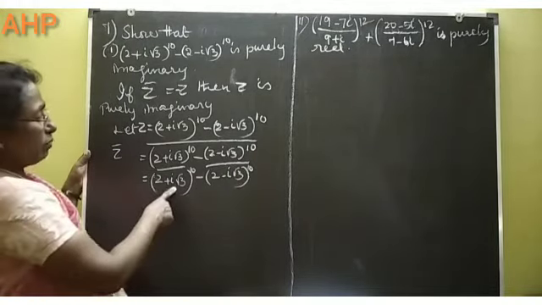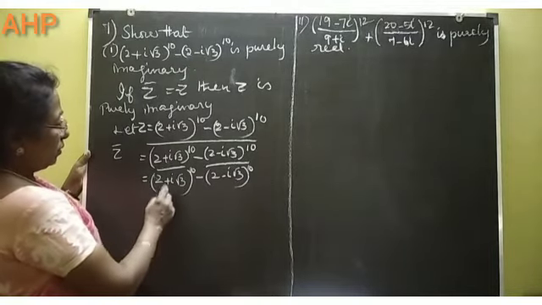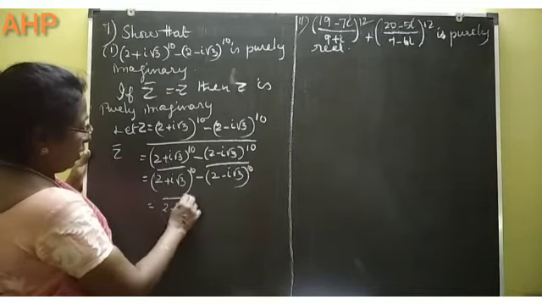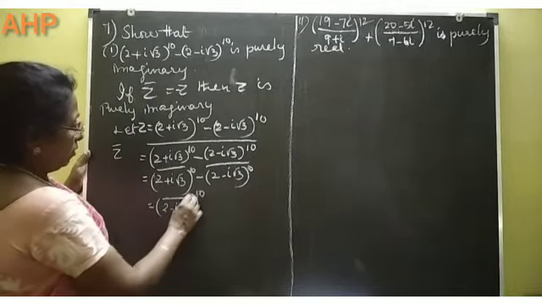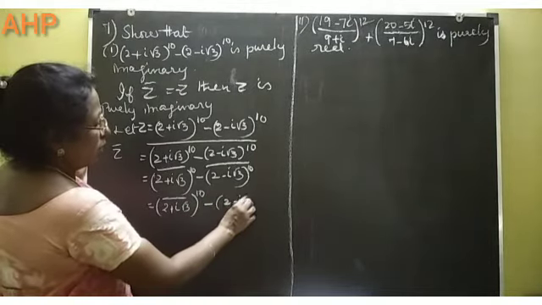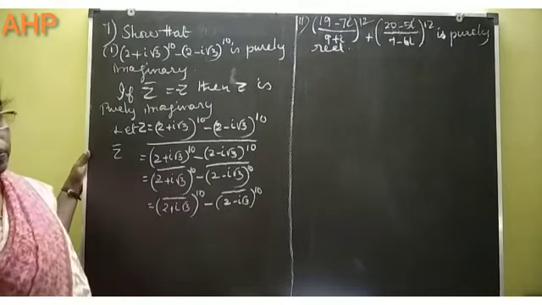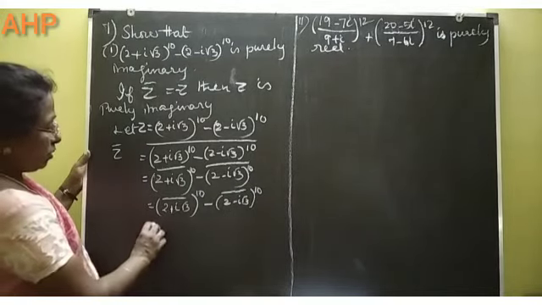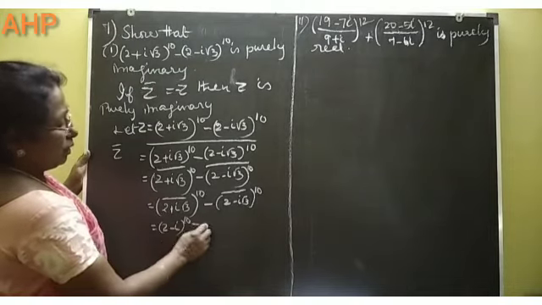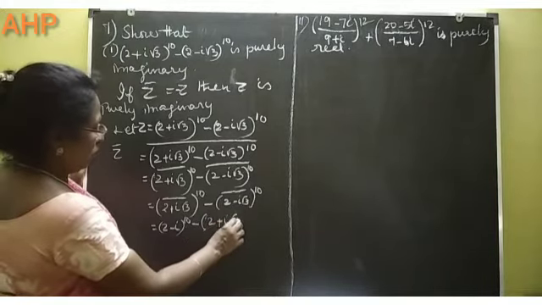So now conjugate of this, see the power is there. So this can be written as (2 minus i root 3) bar the whole power 10 minus (2 minus i root 3) bar the whole power 10. Again by the property, conjugate of this is going to be (2 minus i) the whole power 10 minus conjugate of this will be (2 plus i root 3)